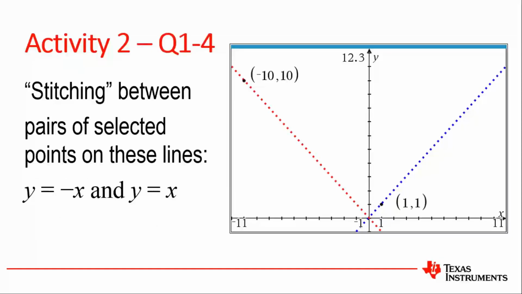In Activity 2, what you concentrate on is the two lines that are used for guiding you: y equals negative x and y equals positive x, as shown in the screen. The 2 points that you are asked to start off with, the two given points, are negative 10, 10 and 1, 1. As we did before in the first activity,